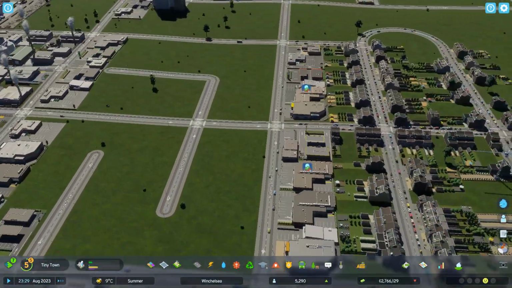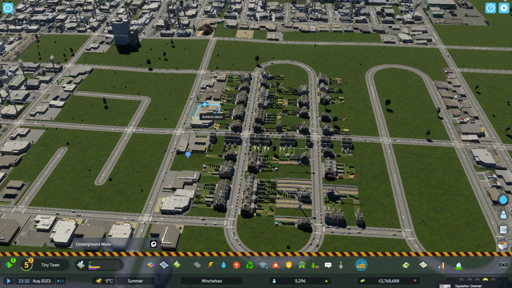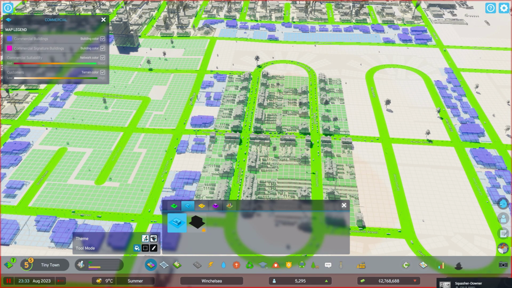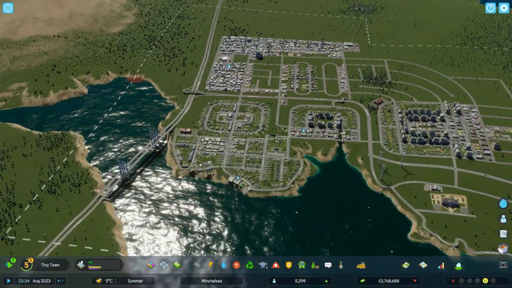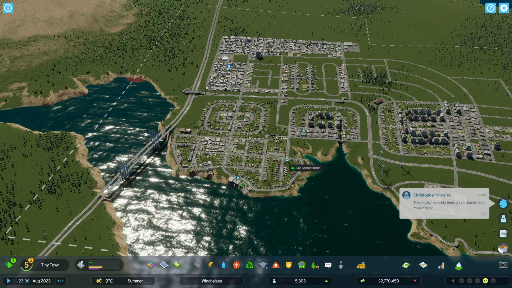Let's remove these. Again, at the moment, this is just one strip of commercial, and I'm going to have residential building all around this area. So let's just quickly pause that so I can de-zone without anything building. And we'll just see what happens. See if the map changes. I'm getting more pop-up down here now. I don't know if anything's going to change with that,